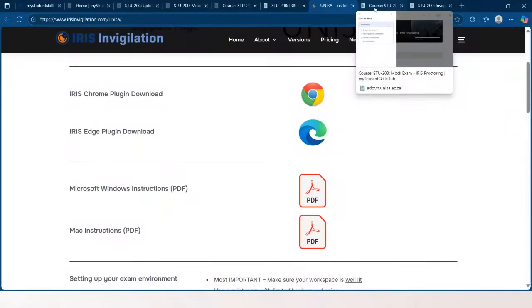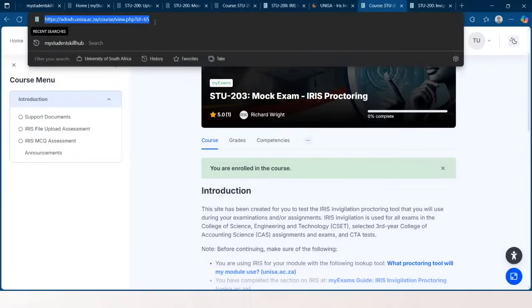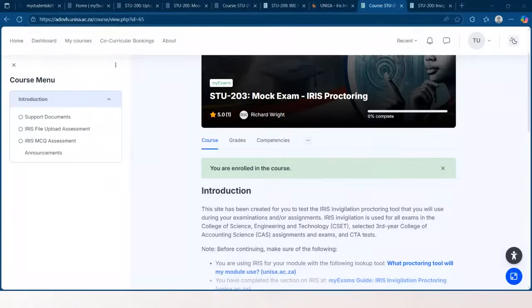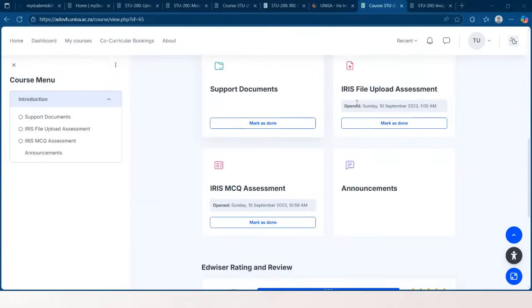So I'm going to open up the Iris proctoring mock exam. I'll actually put this link in the chat as well. Remember, just like the other ones, you just need to click on Enroll Me, and then you will have access. Now you'll notice on this one, we've got 2 types. It's an Iris file upload assessment and the Iris MCQ assessment. So if I go into the Iris file upload assessment to test this one out,